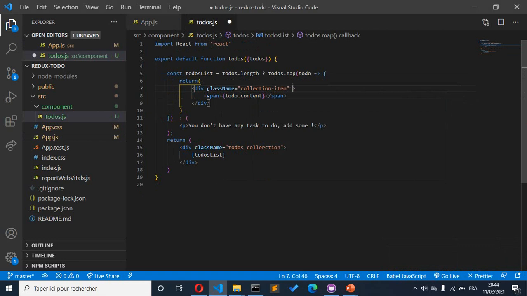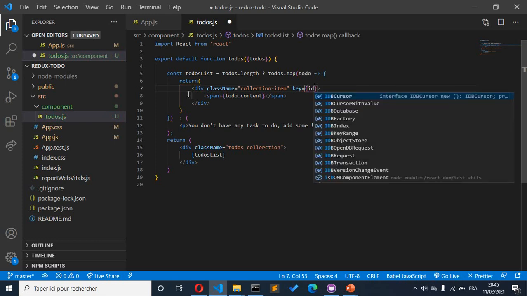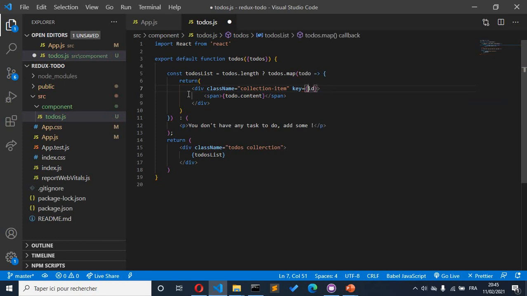Okay, and also I'm going to pass the key, which is the ID, todo.id, and I'm going to say that. Okay,